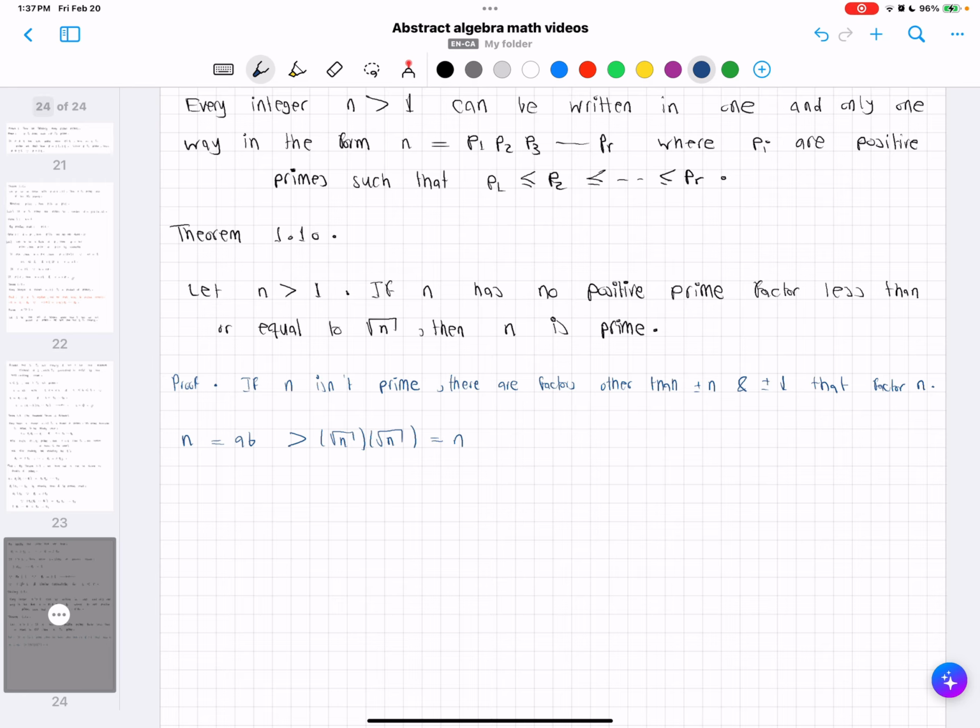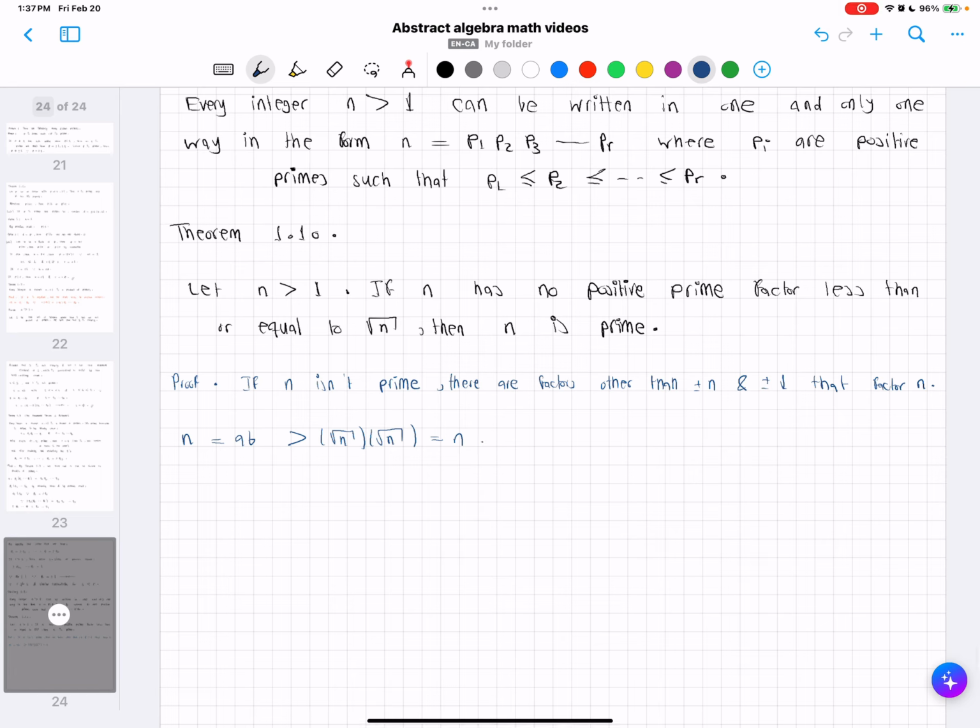So this idea is useful to calculate if a number is prime or not. So we'll start solving problems